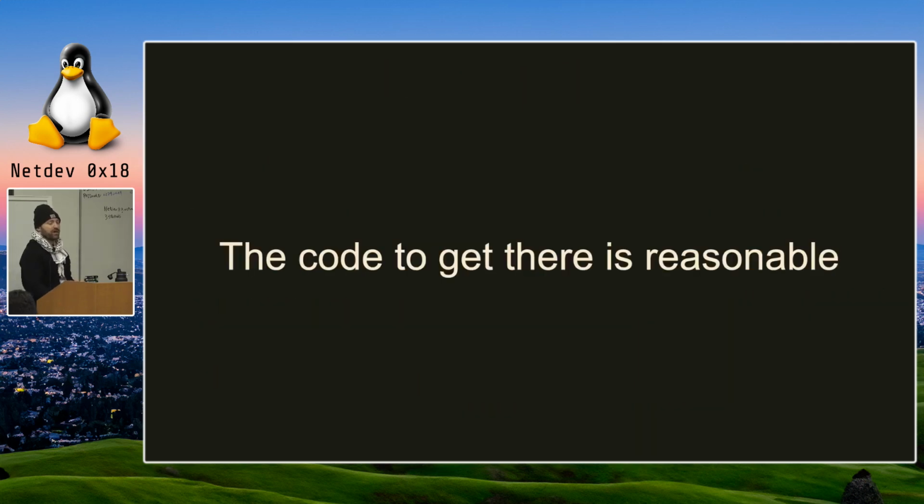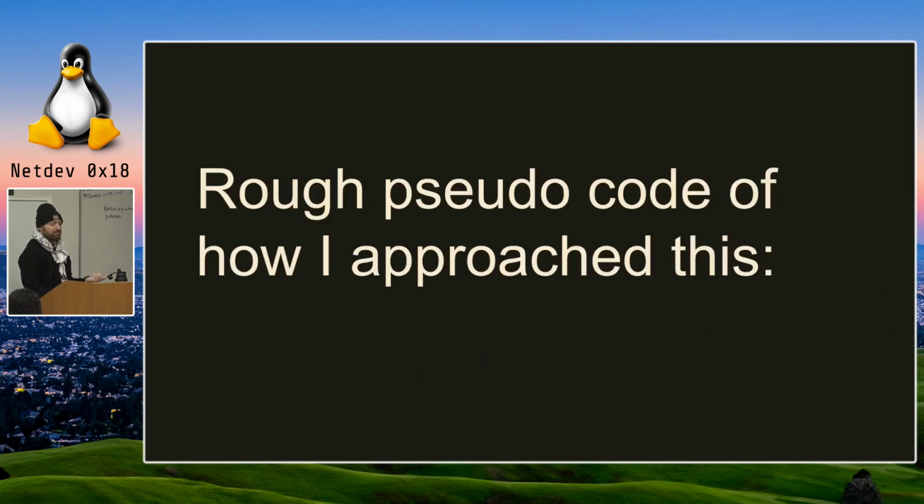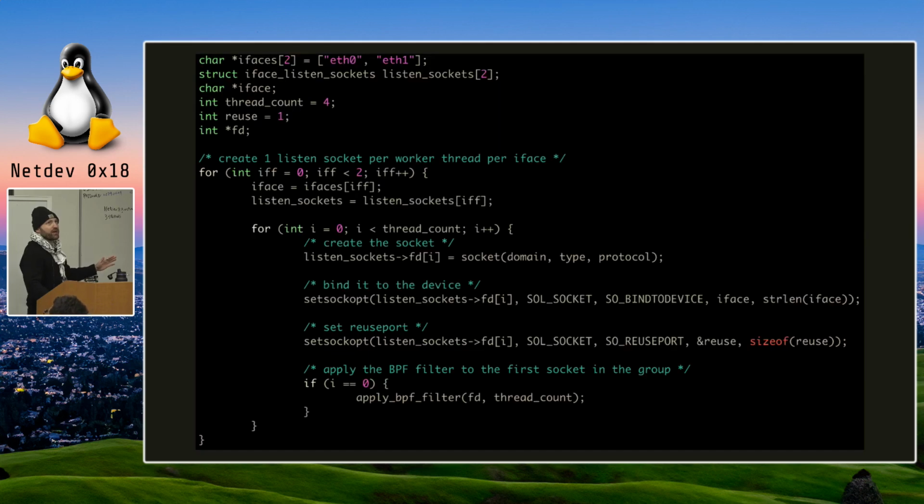And it turns out the code to actually do this is fairly reasonable. Here is really, really rough pseudocode of how I approached this. This is not real code. This is code I typed into Vim and screenshotted to put in this slide. There is no way this will actually compile. This should give you an example of the way that I thought about doing this, which was: